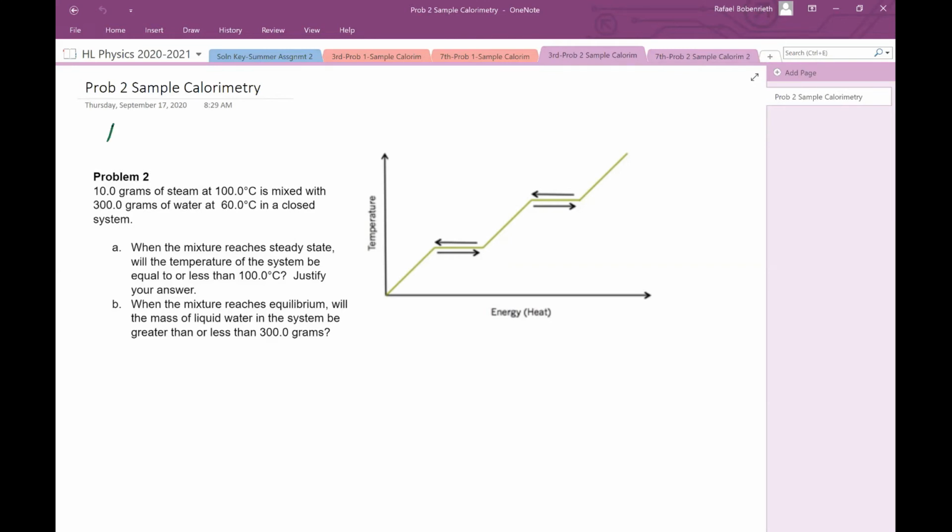But first, as always, we want to look at the drawing, and this is really important. So again, let us go to the drawing, and in blue here, 10 grams of steam at 100 degrees Celsius. All right, let's just say this is 100, and let's say this is 0 on the scale. So this is degrees Celsius. So 10 grams of steam at 100 degrees Celsius, where is that going to be plotted on this phase change diagram? Well, it's steam, right? And it's at 100 degrees, so that means M1 is starting out all the way over here, and I want to make special